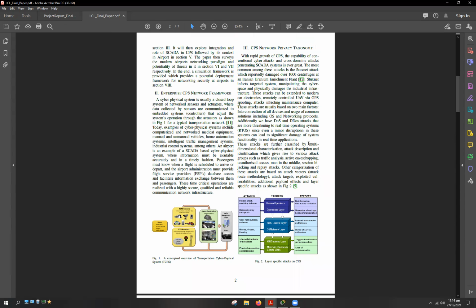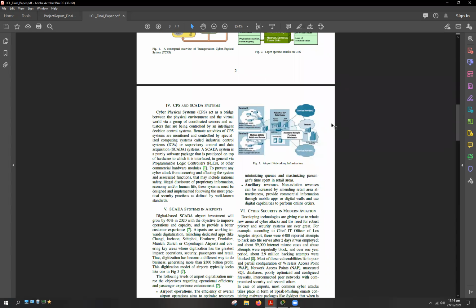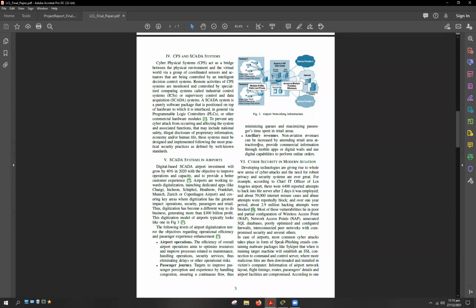So once we had explored the privacy taxonomy for the airport systems, next we moved towards the SCADA systems that are currently employed in airports, where we looked at how the complete infrastructure of the airport is interconnected with each other and is very vulnerable to attacks, which can basically disturb the flight operations, including the database management for the passengers, flight schedules, and timely operations of those flights. Then we conducted a brief survey for the identified attacks so far, where we touched upon some of the numbers within that.